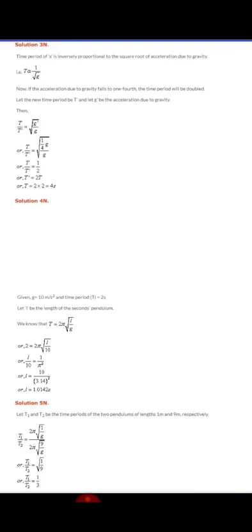I do not like the square root sign, so I will square on both the sides. Sorry, L by 10 is 1 by pi square, because 2 gets cancelled. I need length, so 10 will go in the numerator. I will get 10 upon 3.14 the whole square. When I divide this, I will get the value as 1.0142 seconds. So this is the approximate length of a seconds pendulum.